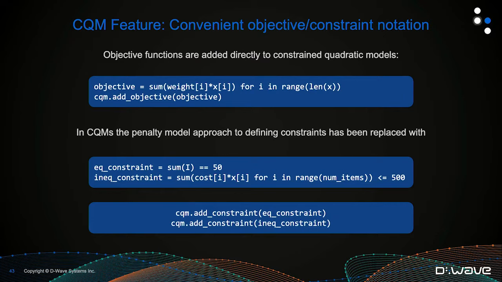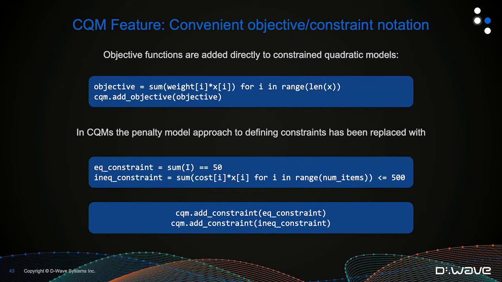And to build constraints, this is really where symbolic math shines through and makes our lives a lot easier. You'll notice that in the second box, I'm defining an equality constraint and an inequality constraint. So for the equality constraint, I'm summing up a list of integers, so a list of I, that's going to be integers, and I'm using the equality operator to set it equal to 50.